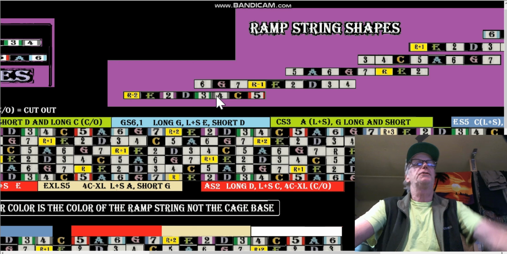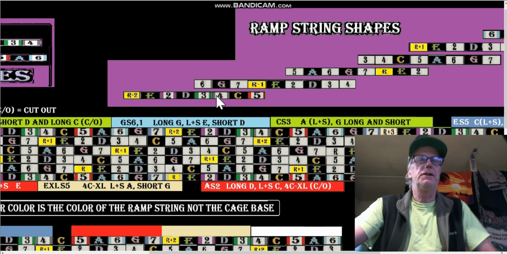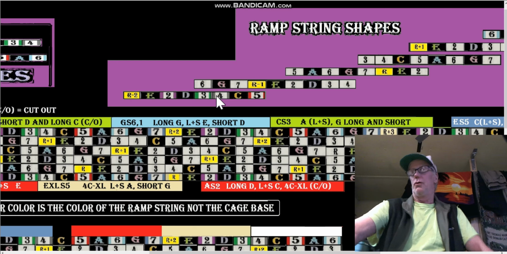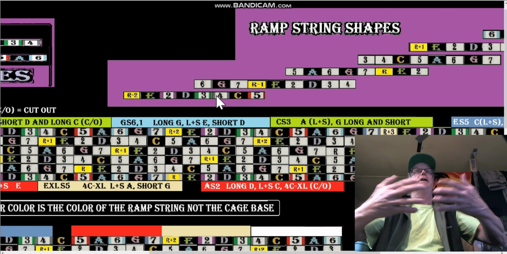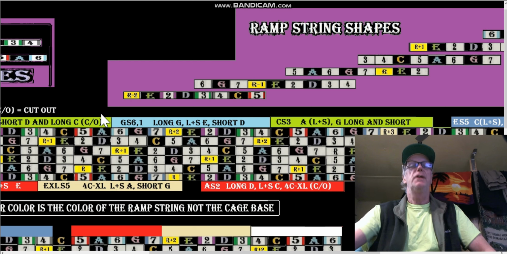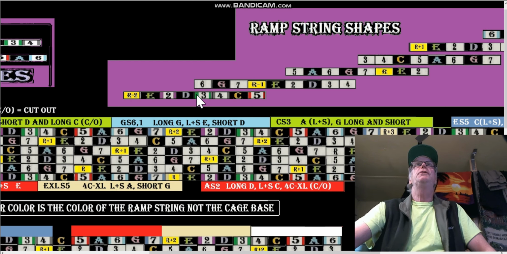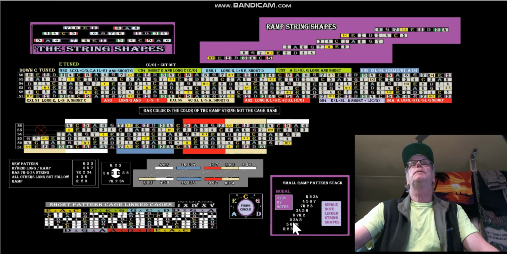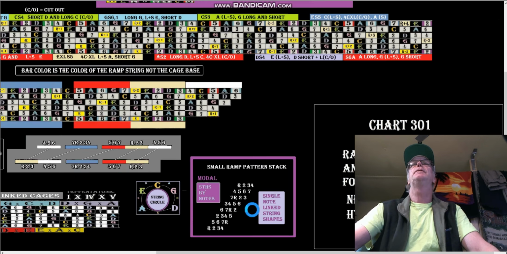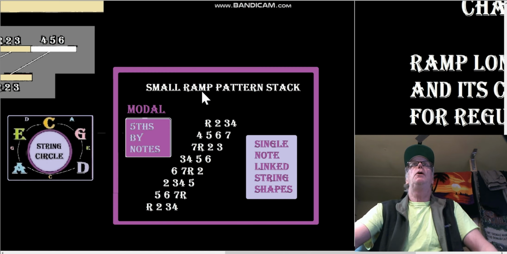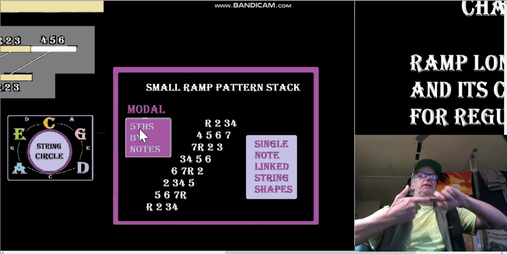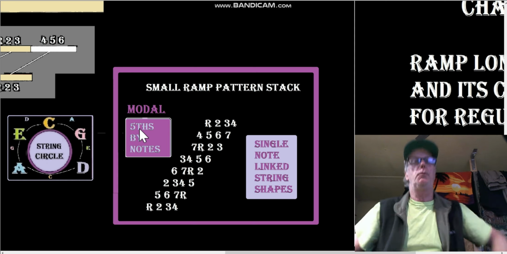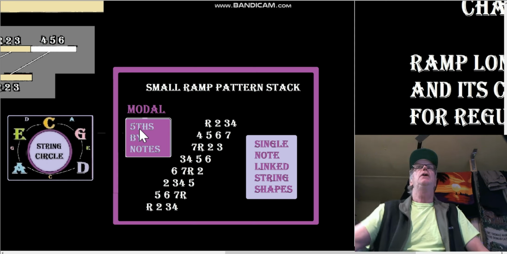Now if we wanted to do single note string shape linkage or cage linkage, because it'll boil down to an entire cage, then we would go root 2, 3, and then we'd go 2, 3, 4. And indeed that's what we have, perhaps down here, the small ramp pattern stack modal, because if we interlink these string shapes one note at a time, we've got modal string shapes. We've got a 7